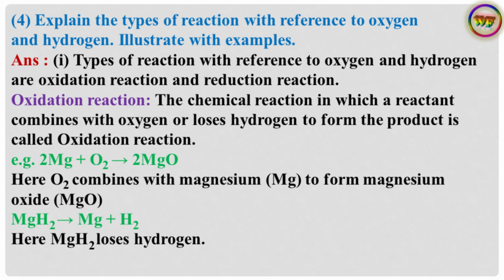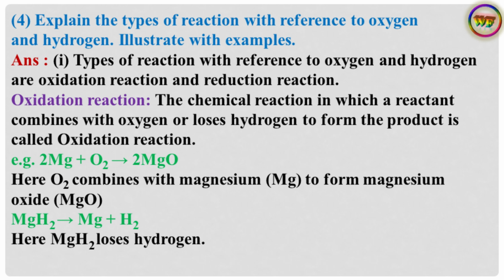Sub-question 4. Explain the types of reaction with reference to oxygen and hydrogen. Illustrate with examples. Answer. Point 1. Types of reactions with reference to oxygen and hydrogen are oxidation reactions and reduction reactions. Oxidation reaction. The chemical reaction in which a reactant combines with oxygen or loses hydrogen to form the product is